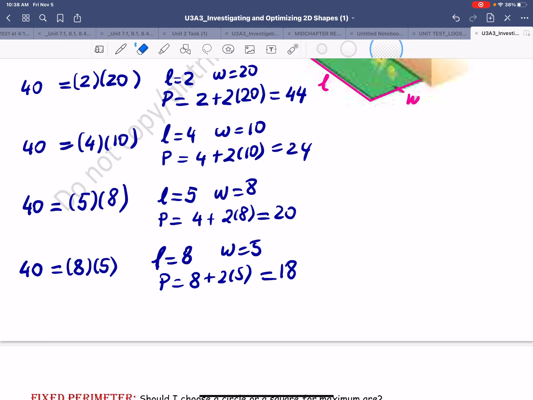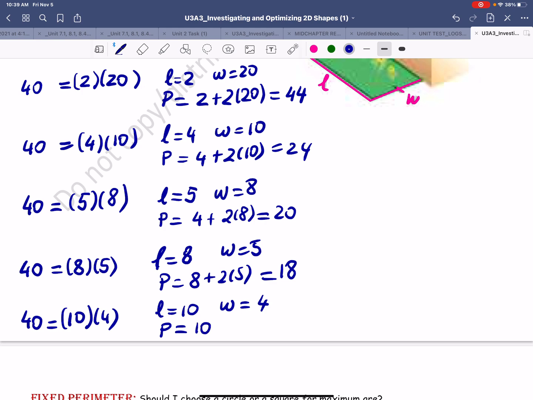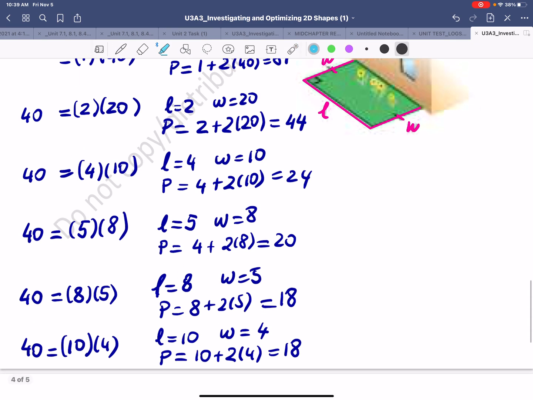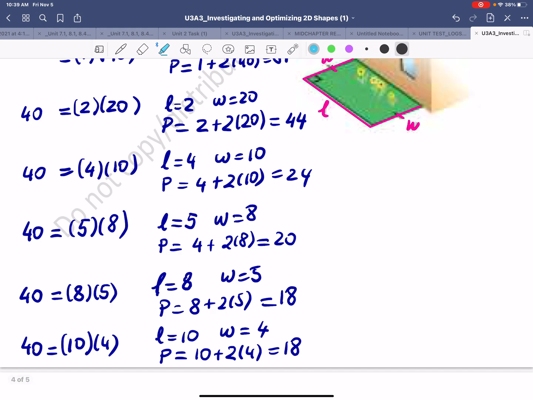So continue on. Maybe we can get an even smaller number. The next product that we can consider here is to flip 4 and 10 to 10 and 4. So that means that the length is 10 and the width is 4. The perimeter in this case would be equal to the length of 10 plus twice the width of 4, which is 18. So notice how, as we were moving on with our factors,